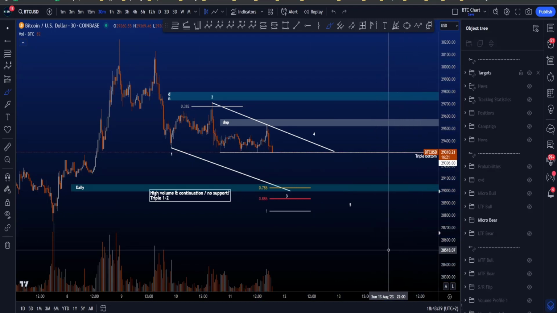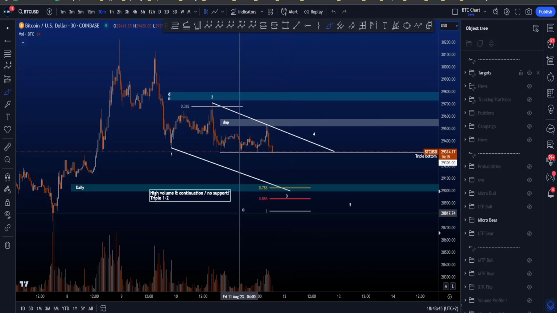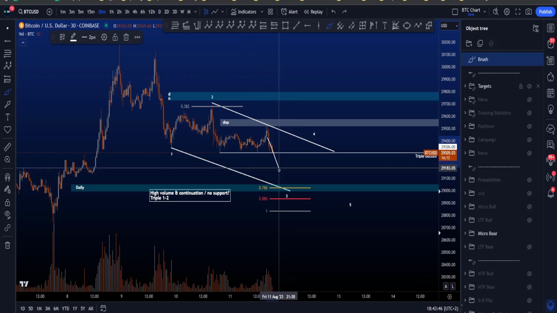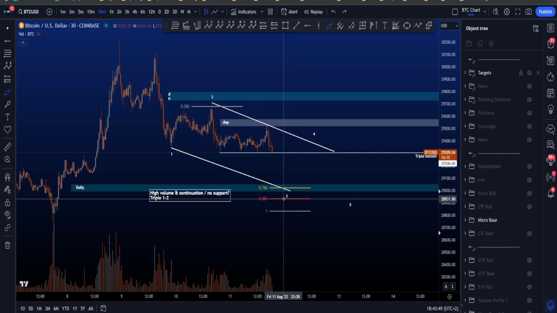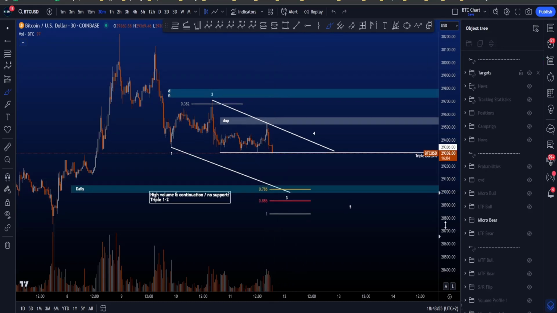And then another move to the upside, and then a wave 1, 2, continuation to the downside in a wave 3. There is, however, a very big however, and that is the volume that this move to the downside might have, because if price is going to move to the downside over here in a lot of volume, and this blue support area does not give any support at all,